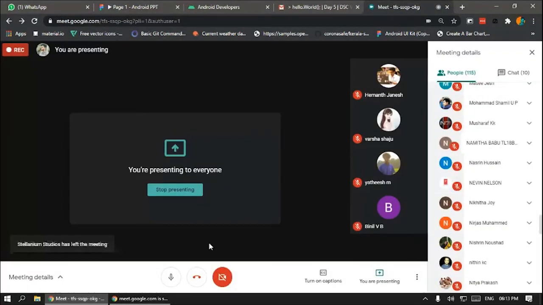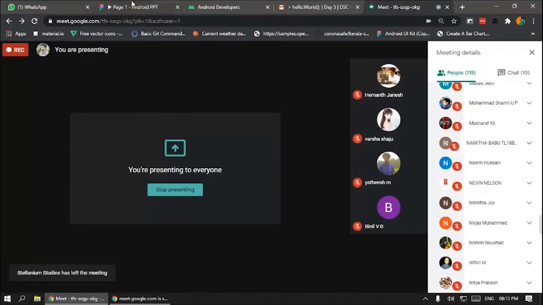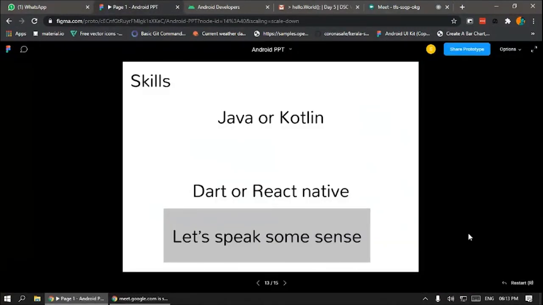The skills, I would say, you need to know Java or Kotlin. Actually, you don't need to know Java or Kotlin beforehand, but that is the skill we require. We can learn that by making apps. We can just go out in Android Studio and read that code. Then we will be good to go. We will know what is Java, what is Kotlin.